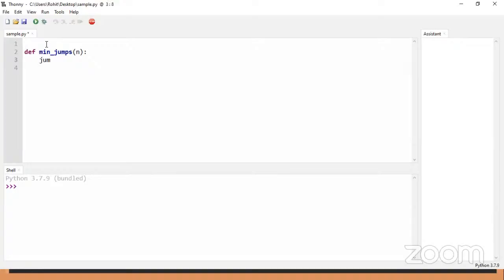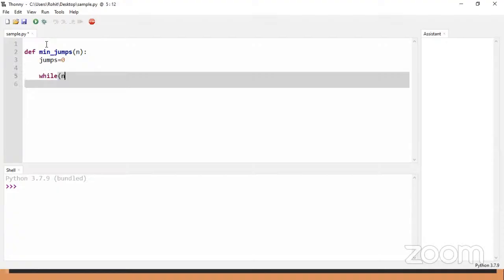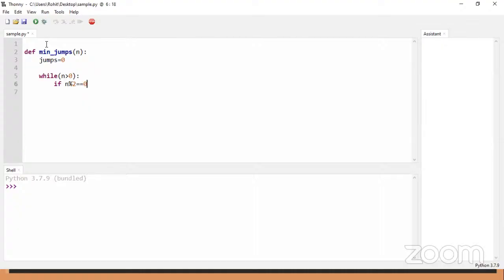Then I will initialize the value of jumps equals 0 initially. Then I will check with the while loop, while my condition n greater than 0. Now, as per the analysis, I will check whether the value of n is even or odd. So if I take the condition n modulus 2 equals 0, this will give me the even case.